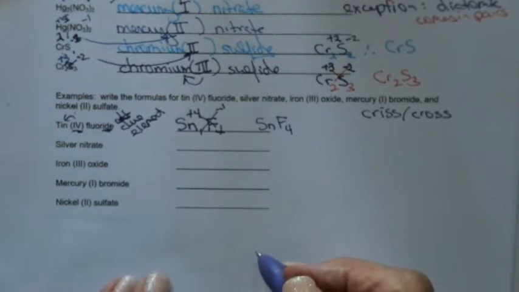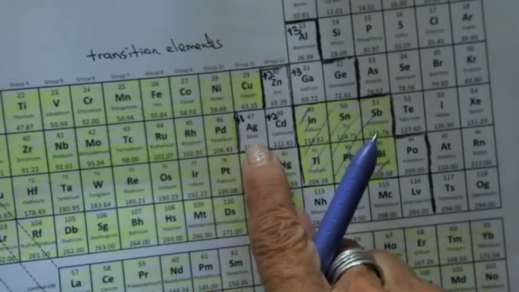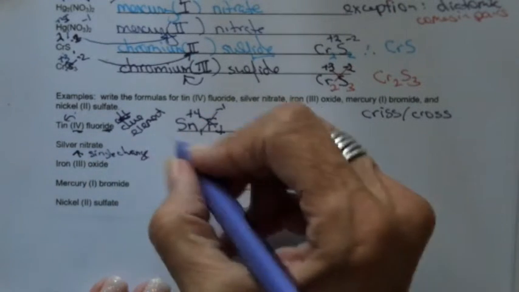Okay, next compound. I have silver. Oh, I have a hint here: no parentheses. That means this has a single charge. If I look on my periodic table, this is something you were supposed to memorize. We put it in ours so that you wouldn't forget. So silver always has a +1. Therefore, I do not have to use parentheses with silver. Hence, it's not silver I. So silver is Ag